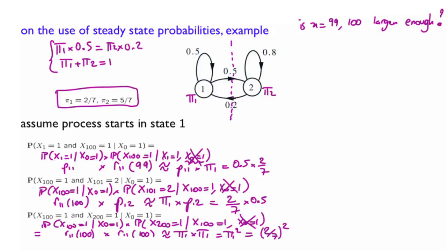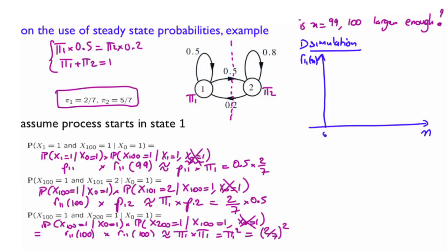Well, this has something to do with the mixing timescale of our Markov chain, and by mixing timescale I mean how long it takes for the initial states to be forgotten. So how can you see that here? Well, you can first try simulation. Using any of your favorite software, you simulate and calculate, look at it as a function of n, and draw R11 of n.